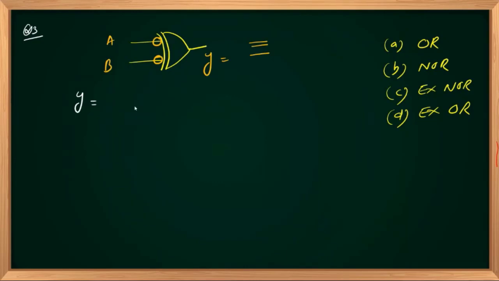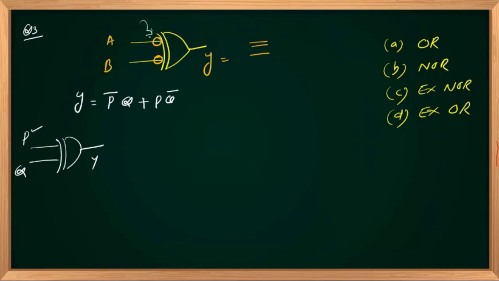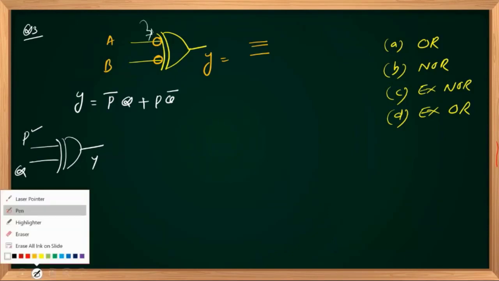I'm not writing A and B because A and B have been used here, so that will be confusing. So if this is an XOR gate with, let us say, P and Q, output Y will be P 0, Q 1: P bar Q plus P 1, Q 0: P Q bar, right? Here the actual input is called P, no bubble, okay? But here the actual inputs are A bar and B bar because of this bubble. So Y will be equal to,